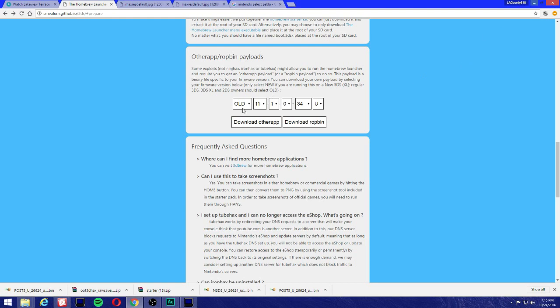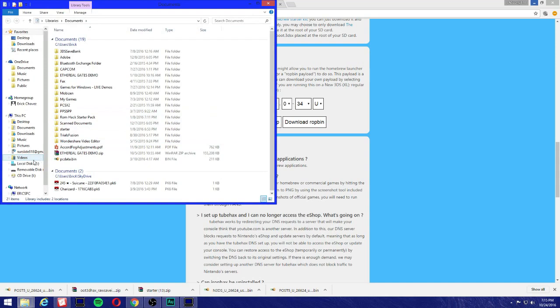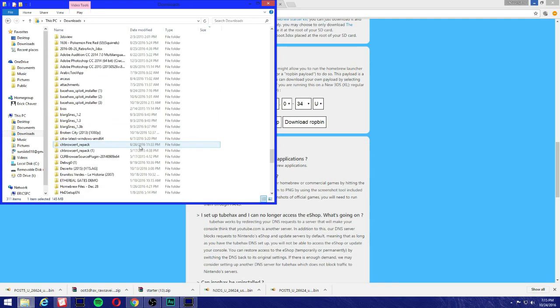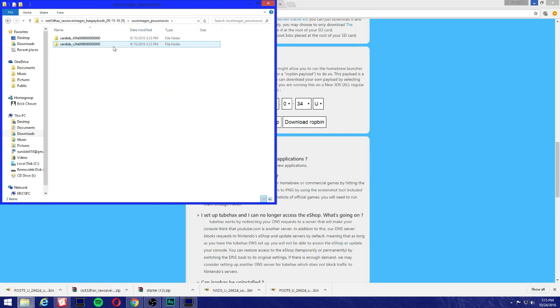So basically, the old 3DS and new 3DS, it's basically the same characters. The only thing that changes is the N3DS and Post 5. I'll show you guys real quick here. Alright, let me go to my downloads real quick. Okay, where is it? Okay, let me go to power saves here real quick, so I could show you guys. Okay,